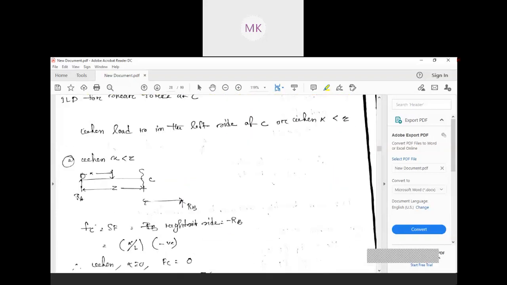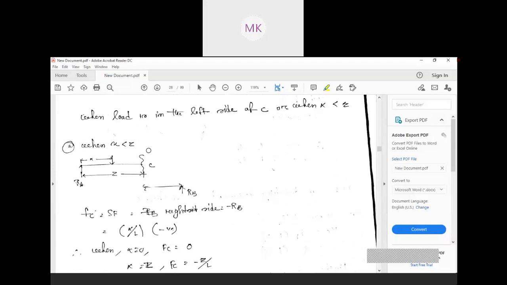See this diagram. This is the simplification of that diagram. Okay, here we are considering this load at a distance z. So how do we need to find out